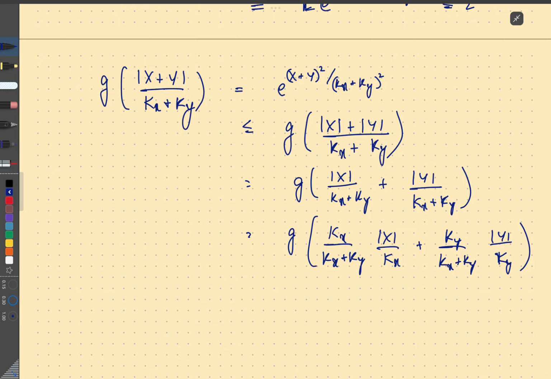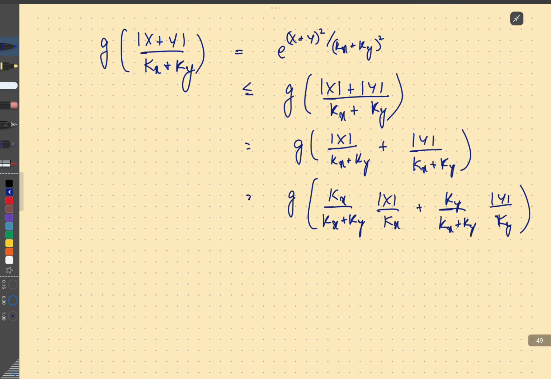I've done nothing here except manipulate the terms. Now by convexity, this is less than or equal to. Now if I take this particular term to be equal to alpha, this term is nothing but 1 minus alpha. This is less than or equal to